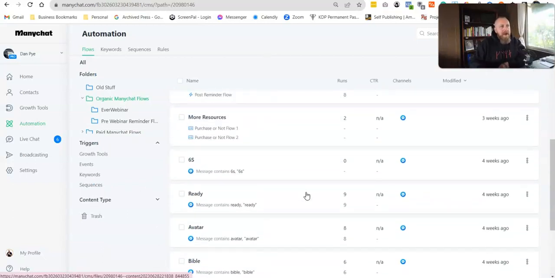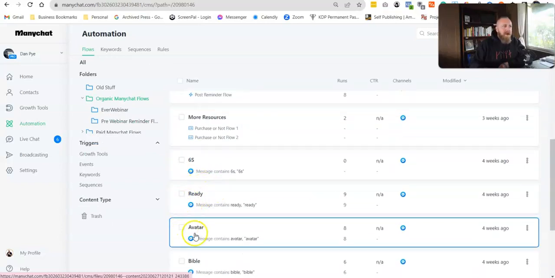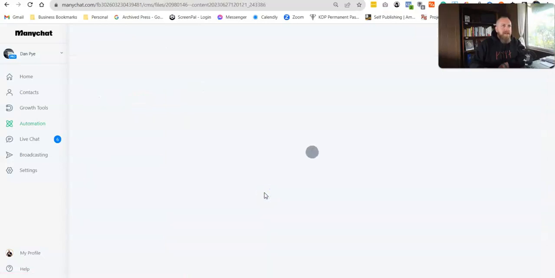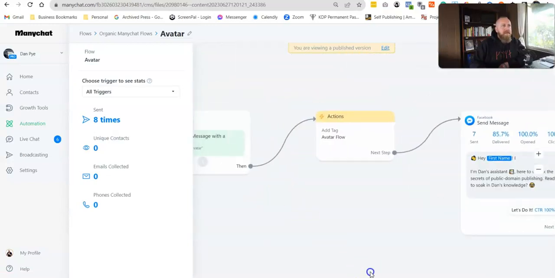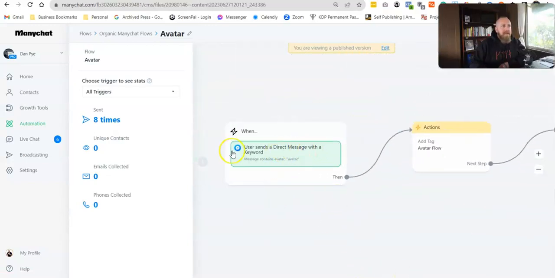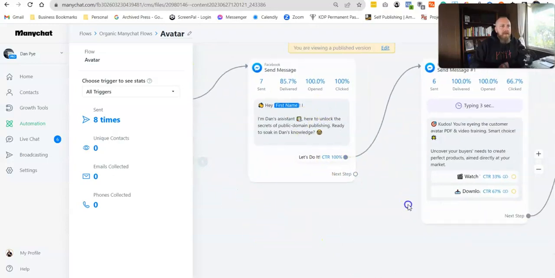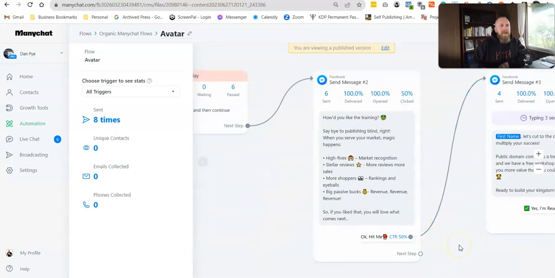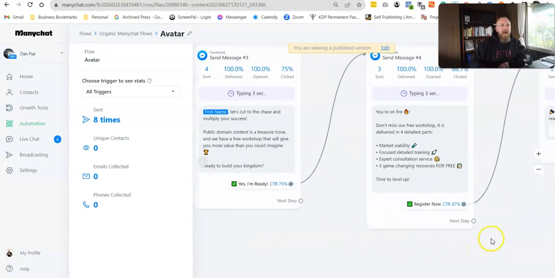So when we put out content on social media, for example, sometimes we will say, would you like our customer avatar documentation or training? In these flows, you'll see the user sends a direct message to us with the word avatar, and off the flow goes, we deliver the assets to them. And then again, it's very similar to ActiveCampaign. The aim is to get them into the webinar,